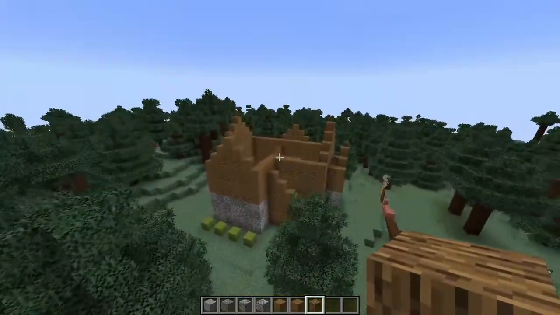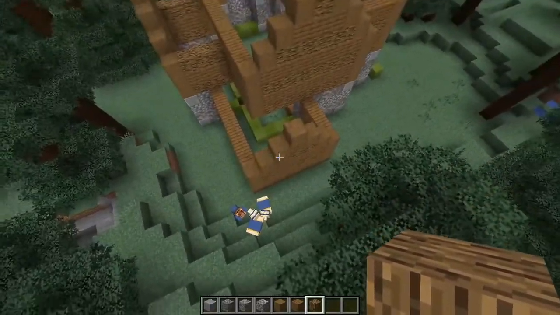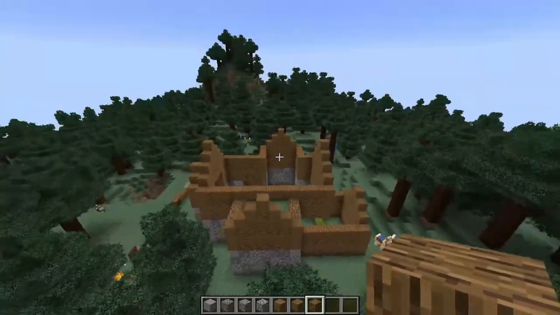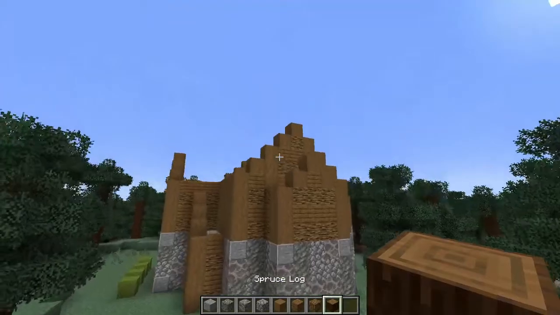So as we can see, we've now built up all of them. We've also built up this bit here, so it should line up just like that. And as you can see, it looks pretty good. So what we're going to do now is get our spruce log, and we're going to